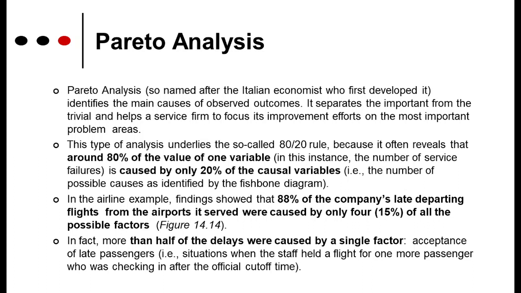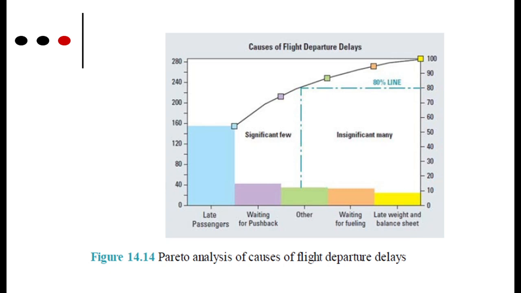The 80-20 Pareto rule is used not just in this root cause analysis. If we look at the same example of the earlier airline, point number 3, 88% of the company's late departing flights from the airports it served were caused by only 15% of all the possible factors. This has been shown in a Pareto chart in the next diagram. If you look at the chart, out of all those 27 reasons we saw, only late passengers, waiting for pushback, waiting for fueling, and late weight and balance sheet are the main problems, the 20% of the problems which actually caused flight